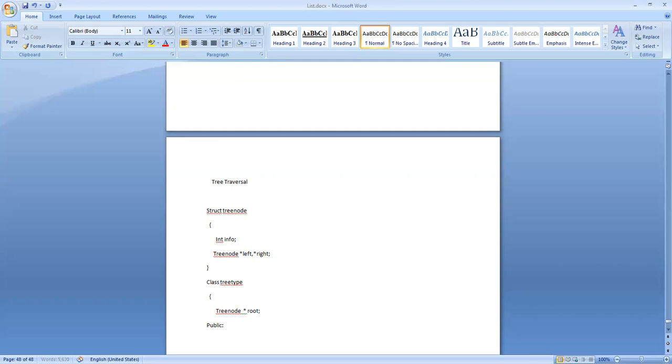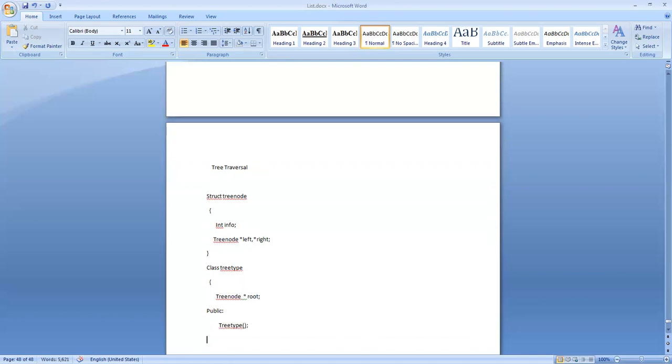So I need a constructor. Then I need a mechanism to insert a node into a tree. So void insert item.